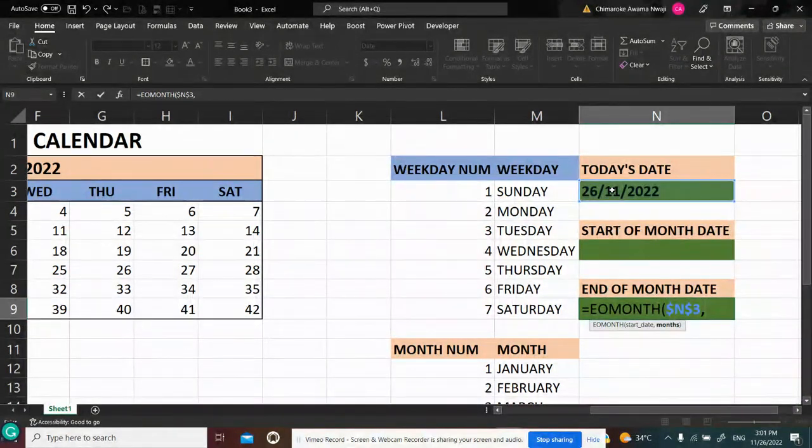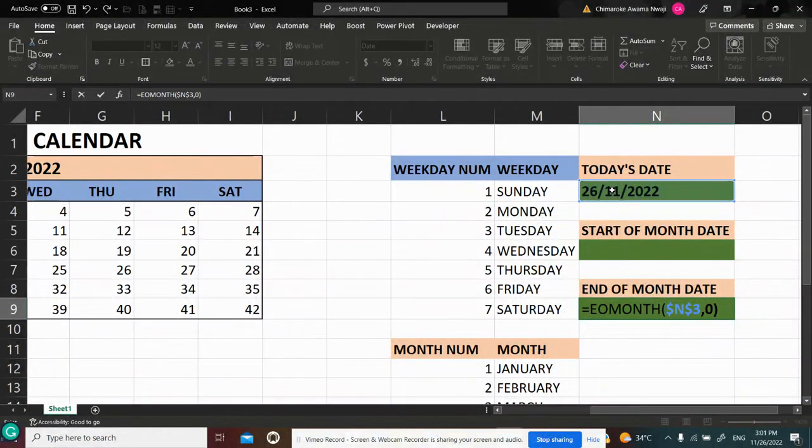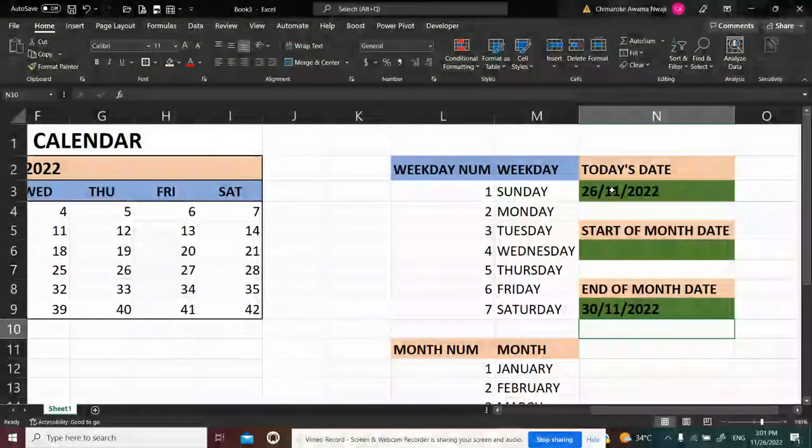Because we want to stay in the same month as today's date, we are going to use 0. If I use 0, close the bracket and hit enter, it gives me 30th November 2022,